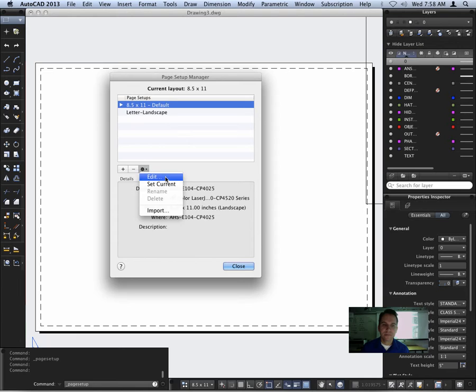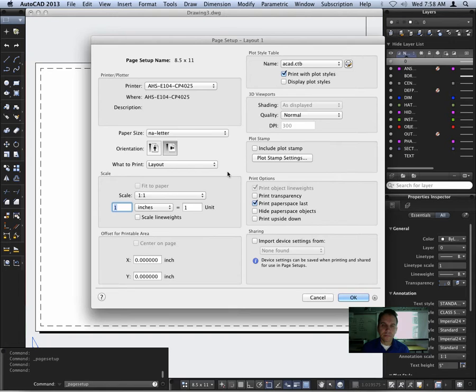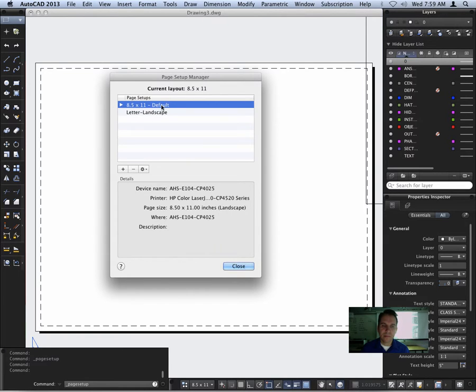Okay. Layout. Now go to page. We have Layout 1 and Layout 1 default on letter landscape. Alright, so the Layout 1. Can we just edit that one? Yeah, that's fine. If you didn't name your paper space, the default was Layout,